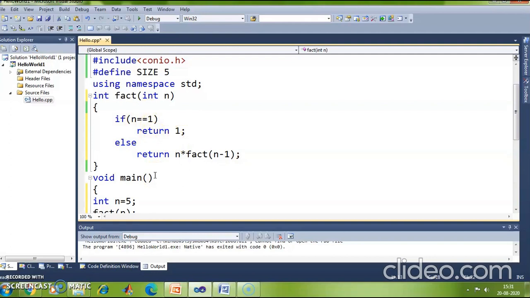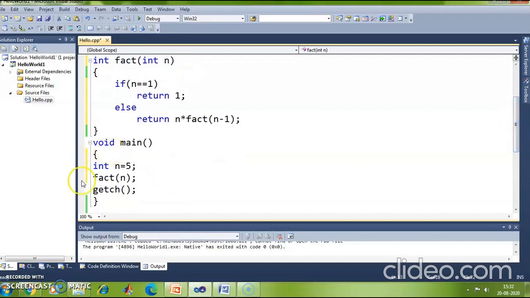So you are multiplying 5 with 4, with 3, with 2, with 1, so that you finally get the result 120. So finally, what is being returned by this function? This function will return me 5 into 4 into 3 into 2 into 1, that is 120. So that 120 will be returned back to the main function.